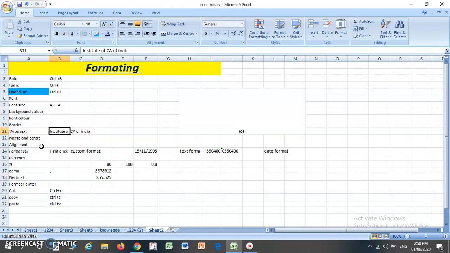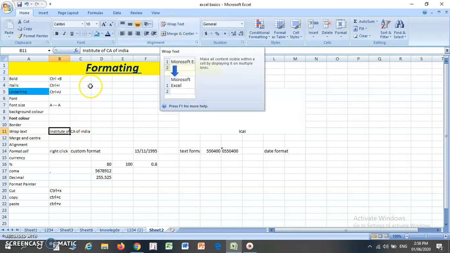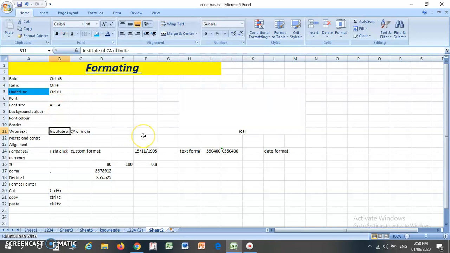Next, wrap text. Here you will find the option for wrap text. Here we have written the Institute of CA of India, but you will find that it is going into the C cell. However, it is not in the C cell. Here you will find that C11 has no data. It is available in B11, but it is showing outside the B column. So for this purpose, I can use the wrap text function.